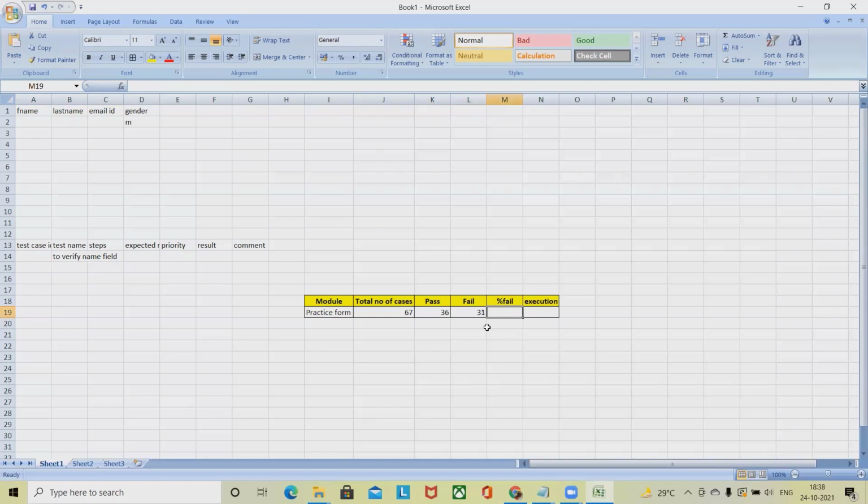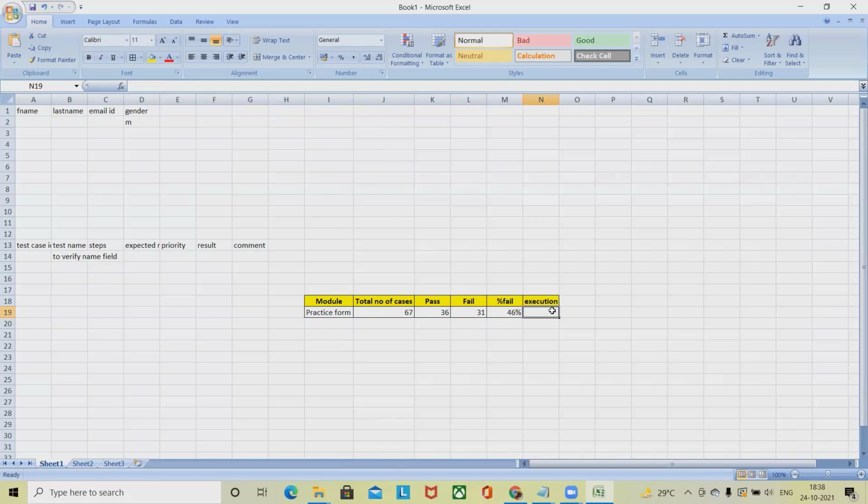When we calculate the percentage of failure, that should be 31 divided by 67. And this is the percent of failure. You can see 46% failed. So if we talk about the calculations, we just have to enter these details and you will find the percent of failure.